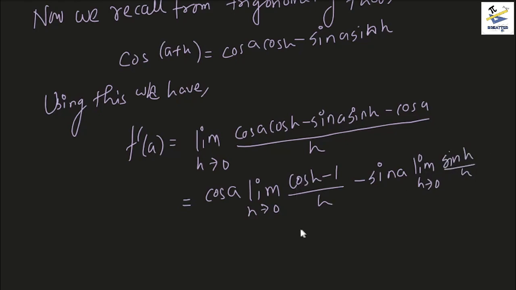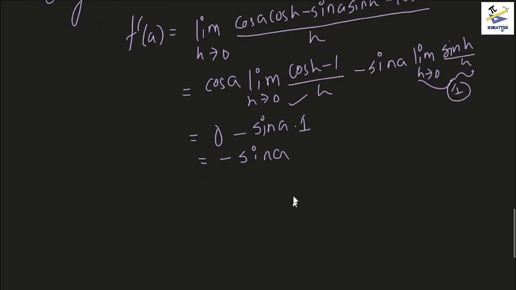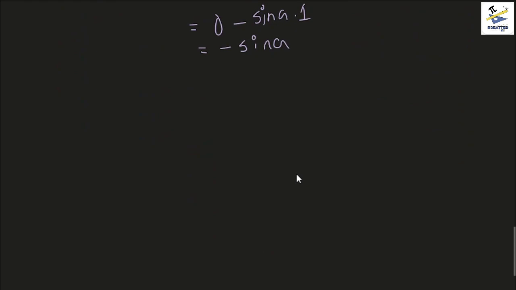As we know from the previous example, this limit is 0, so this is 0 minus sin of a into 1, because this limit is 1 as we have done in previous examples. So the answer becomes minus sin of a. Okay, so that's the derivative we were trying to find. A third example now could include